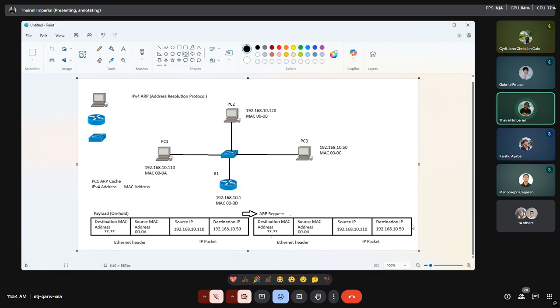So, what exactly are the contents of your ARP request? It will be almost similar to the content of our earlier payload, but the difference is that we still keep the source MAC address, because PC number 1 is your source device.